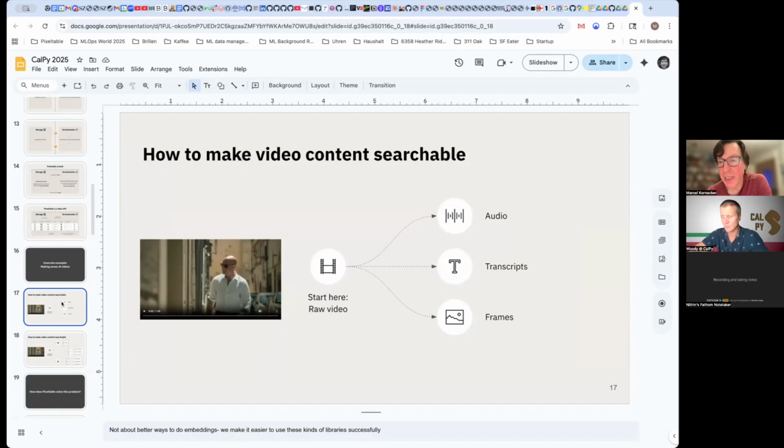And then we also want to take the frames out of a video and index that as well with embedding models such as CLIP that allow you to map images and text into the same vector space.